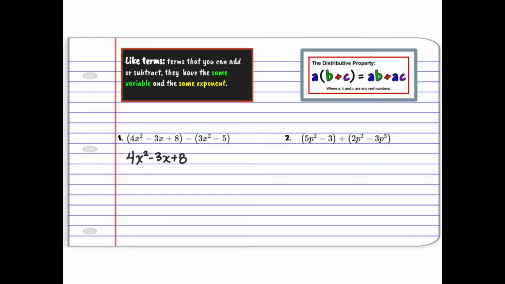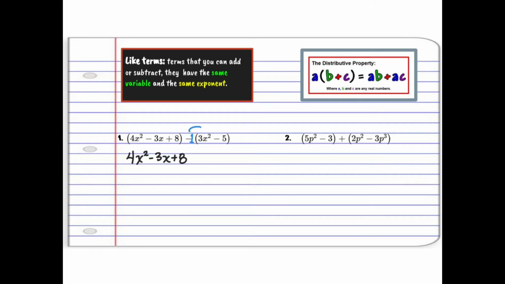Now, when we take a look at the second parenthesis right here, we have a negative in front of it. The most important thing is for us to remember that this happens to be a negative 1. There's an invisible 1 right there. And for this, we're going to have to remember the distributive property. What is the distributive property? That is when we have parentheses and we have a number in front of it. This number is going to multiply each one of the numbers inside of my parentheses. So in this case,